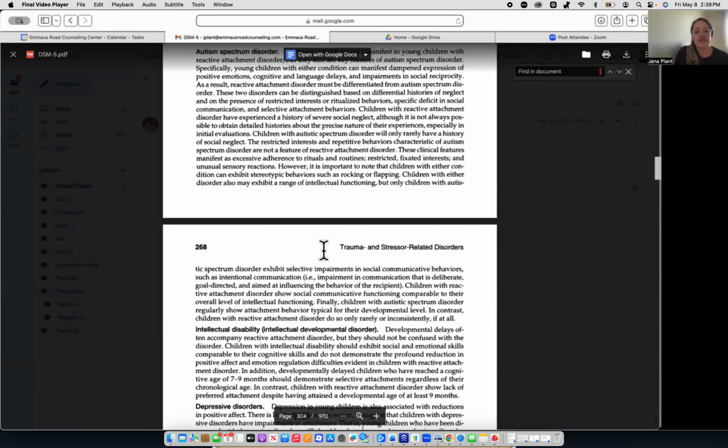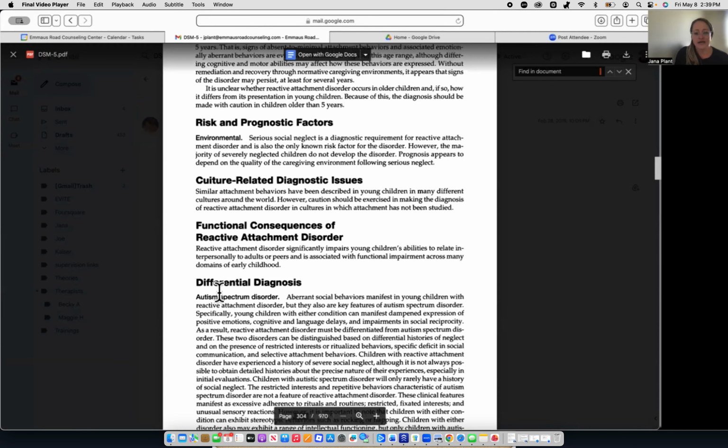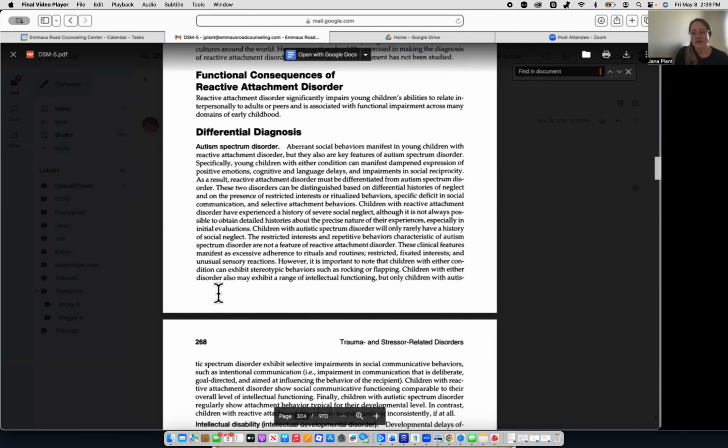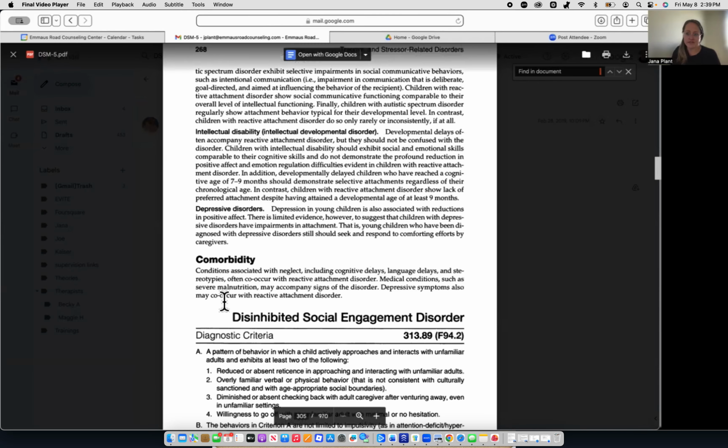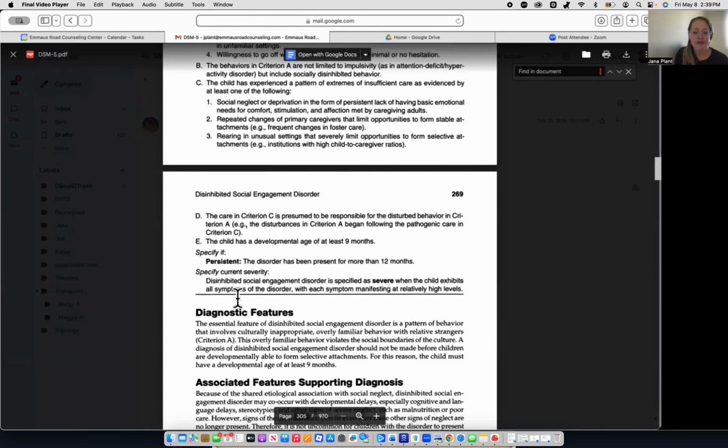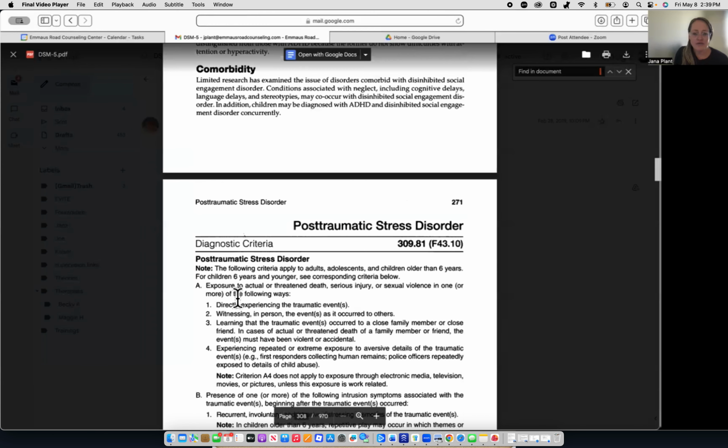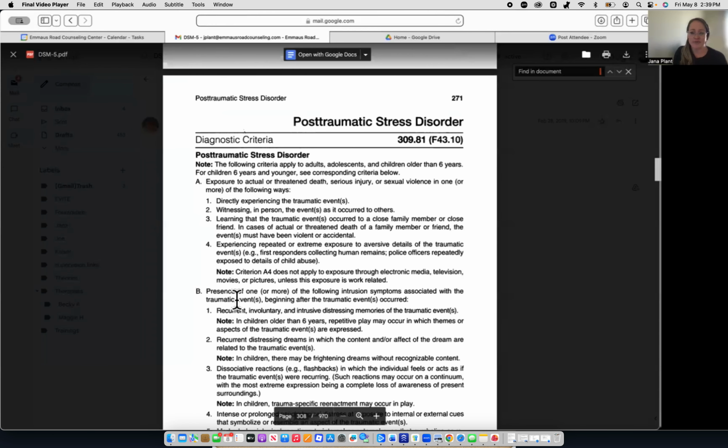All right. Oh, the other thing to pay attention to is that they don't usually meet the criteria for autism spectrum disorder. That's a different diagnosis in itself. Okay, the ones I do want to focus on are the ones that you will probably have more experience with